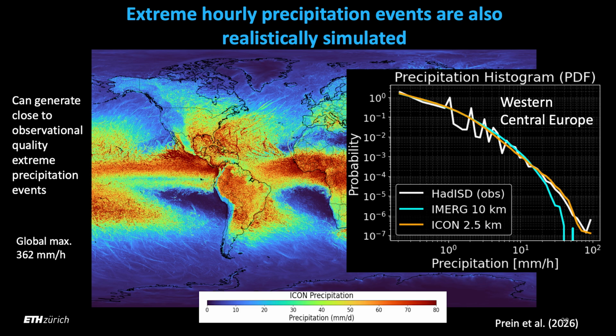We know that this is realistic from radar observations, but you really can only simulate that once you go to kilometer scale model resolution. We compared the output to station data and also satellite data. This is shown here. This is just for Western Europe, but the quality of how we simulate the probability density distribution of hourly rainfall is extremely good in these simulations. It's even outperforming our satellite observation capabilities compared to ground stations.